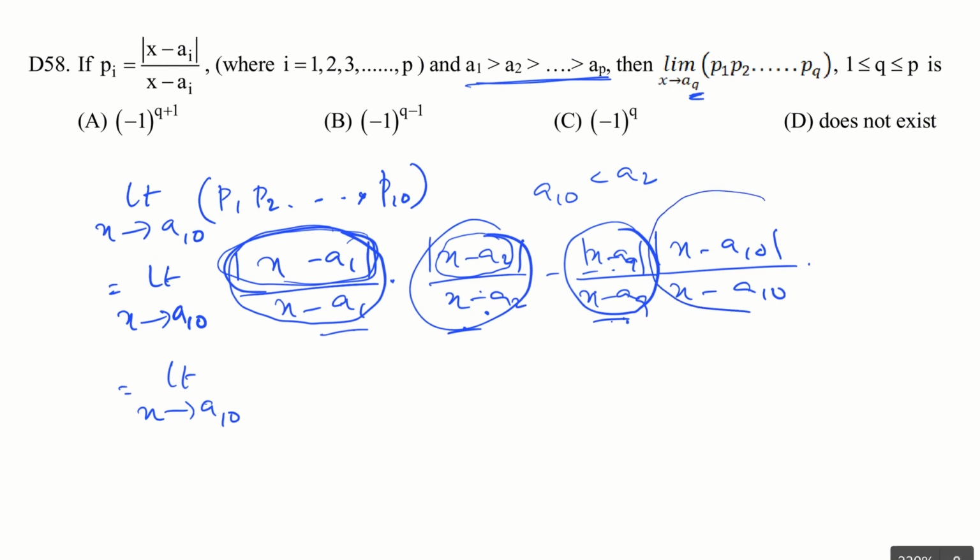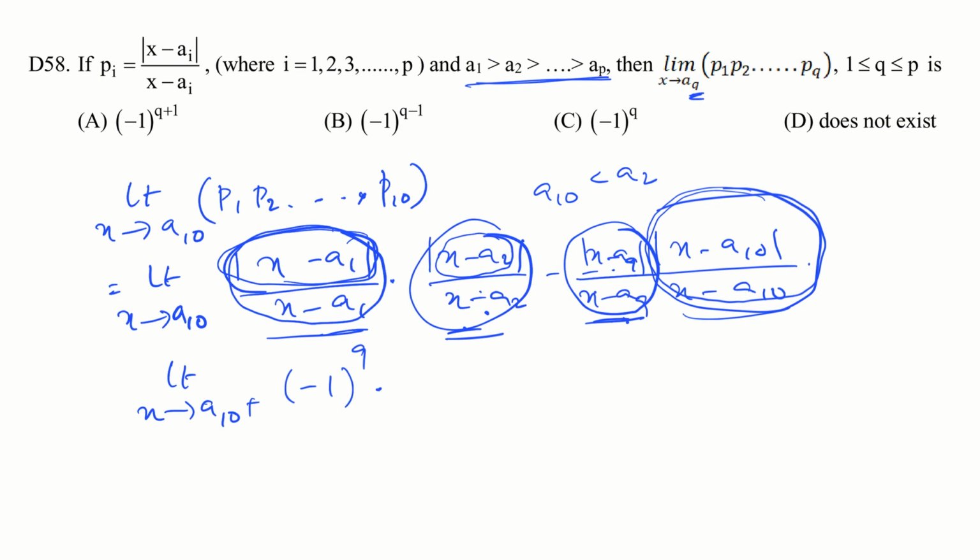Now here I cannot remove the mod, taking only one side. So I realized to evaluate this limit, I have to go for left limit and right limit. So for fun, taking the right limit, now you can see that this is minus 1, minus 1, minus 1, like that. Minus 1 whole power 9 into this limit, it will come out as, because I am on the right side of a10, that will come out as 1. So this will be in the end minus 1 whole power 9 I am getting.